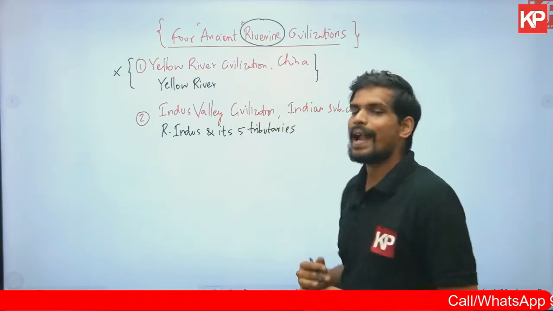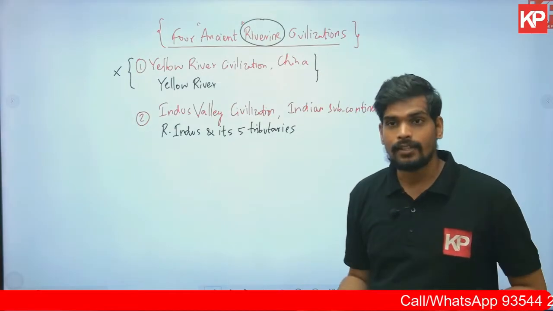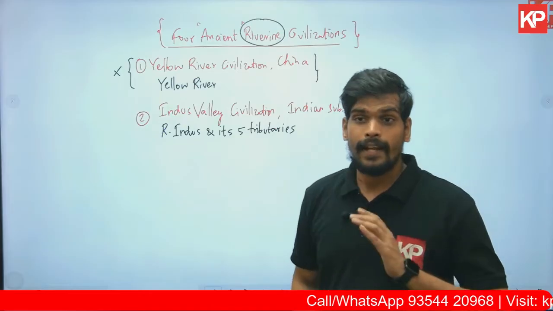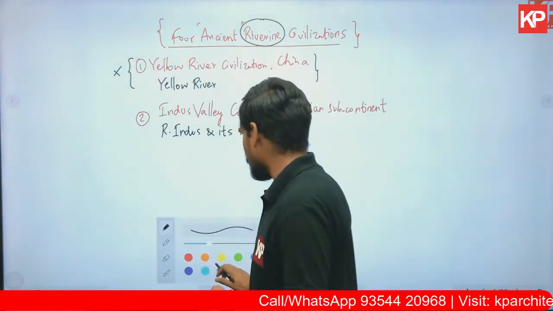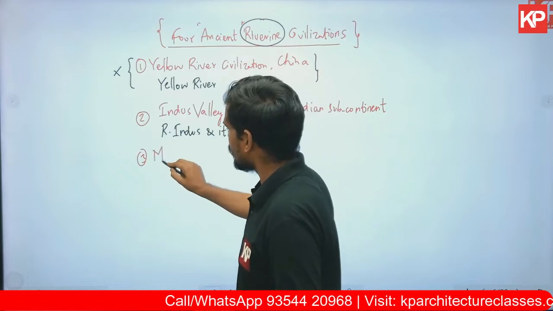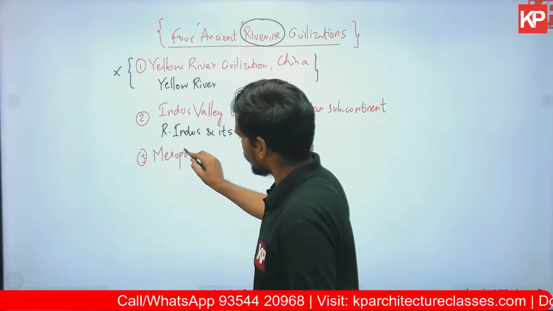Tributaries are basically the branches of the river. Now, what are the 5 branches of Indus River? We will look into those details in a while when we study the details of Indus Valley civilization in today's lecture. Number 3, third ancient river valley civilization is Mesopotamian civilization,